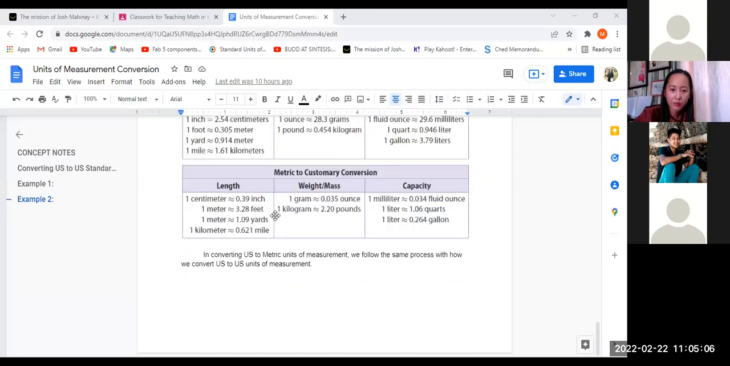This one. Okay, let's focus here on metric to customary conversion. Okay, here. Can you see it? Yes po. One question in your quiz, wala siya dito sa conversion natin. Right? Say for example,